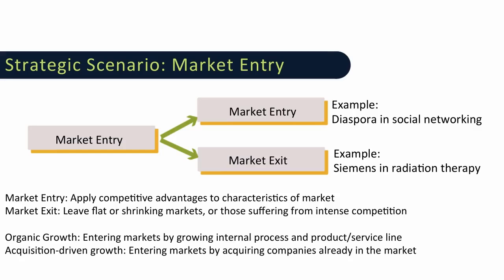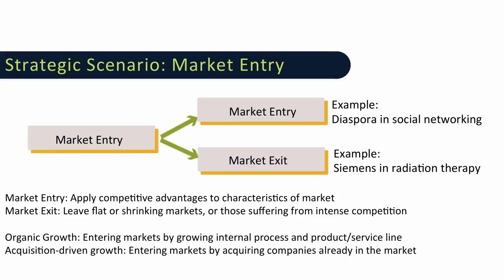The market entry strategic scenario can be divided into market entry and market exit. In market entry, we apply our competitive advantages to the characteristics of the proposed market. For example, Diaspora and other companies decided to enter the social networking market when it saw that market growing quickly. In market exit, companies decide to leave flat or shrinking markets or those suffering from intense competition. For example, Siemens decided to leave the radiation therapy market due at least partly to the intense competition it faced